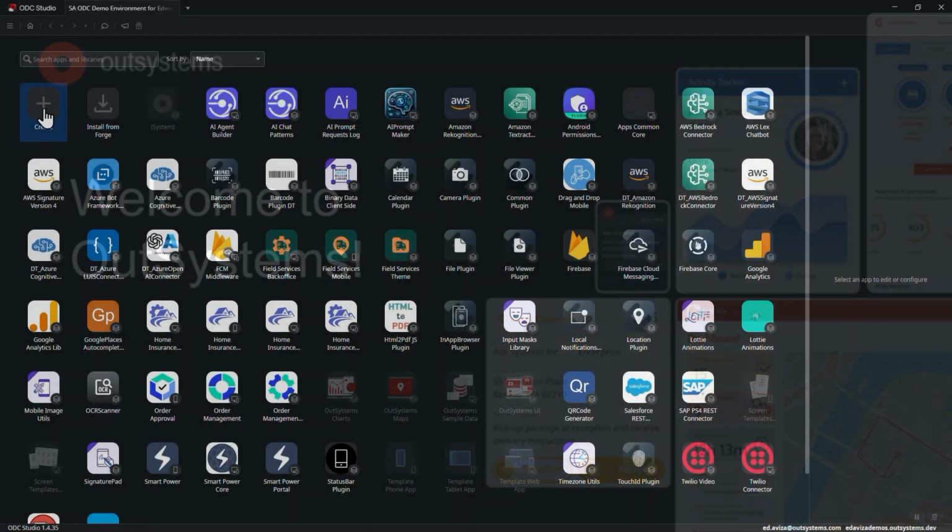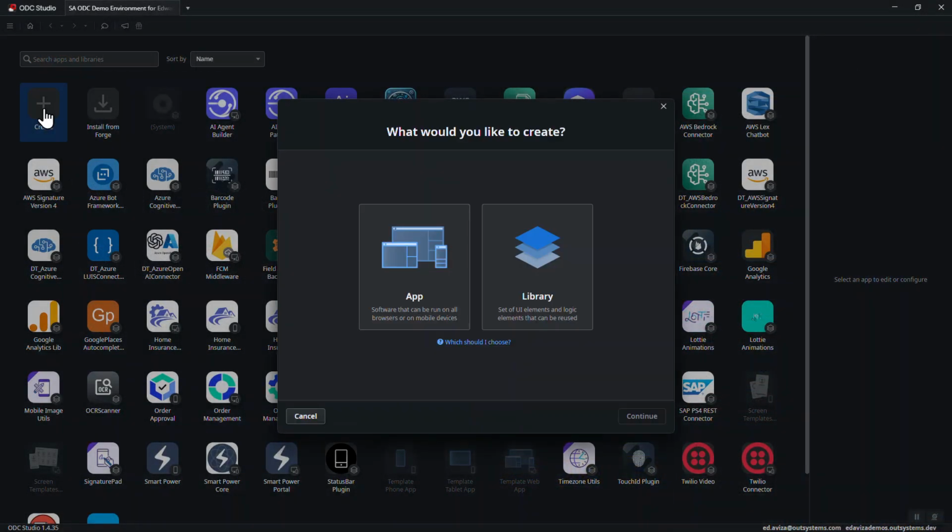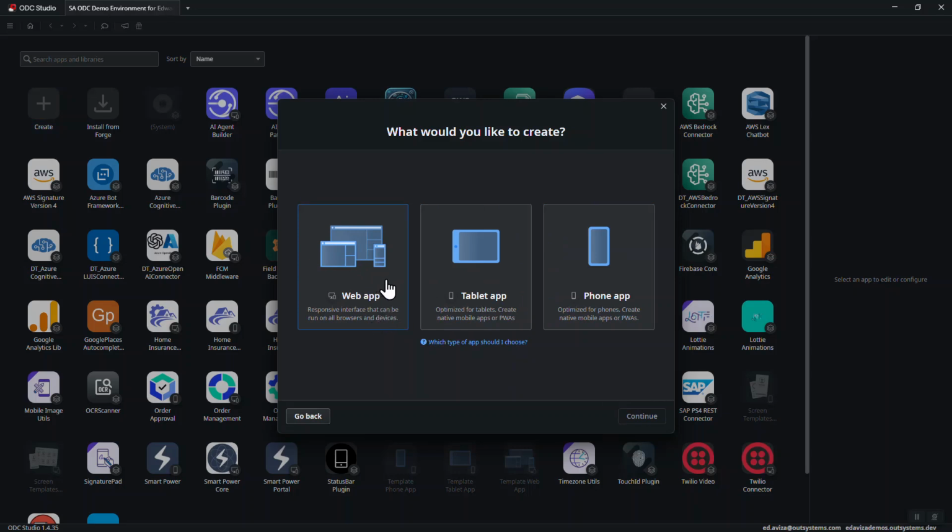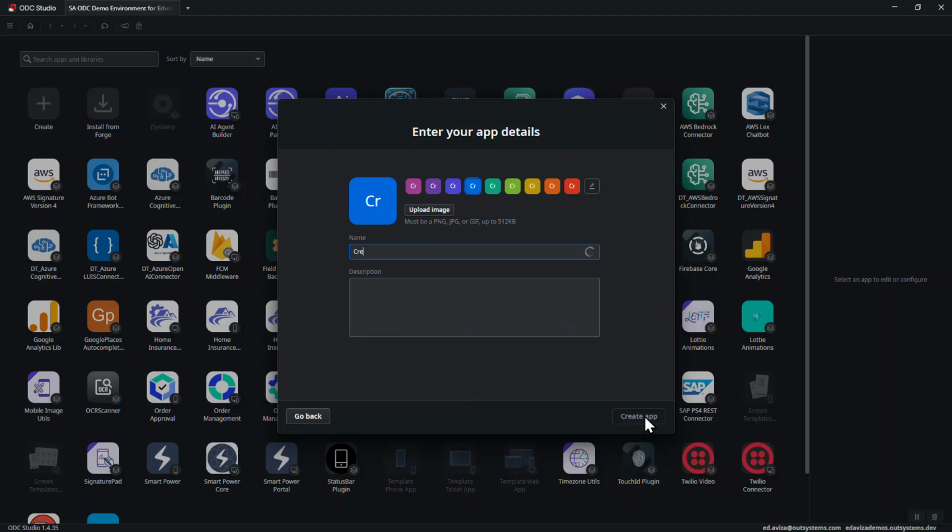First, I'll open ODC Studio and click the Create icon at the top of the screen. This will display a dialog box with options for building a web app, tablet app, or a phone app. In our example, I'll select Web App, and in the Details screen, we can enter a name and a description